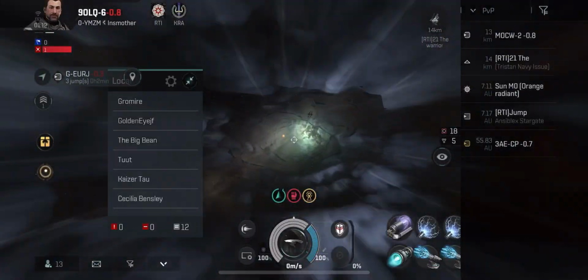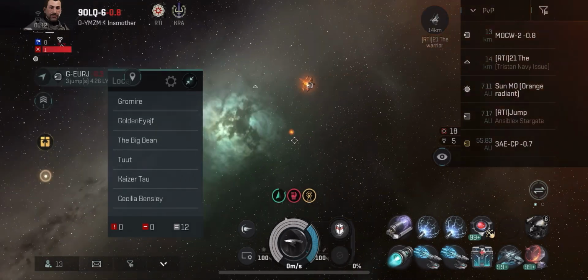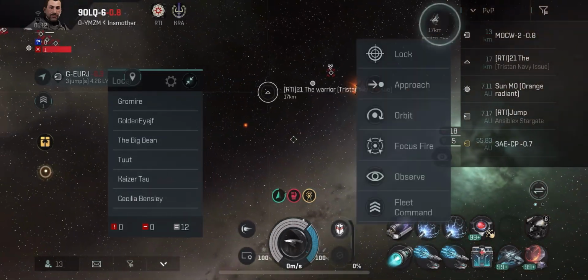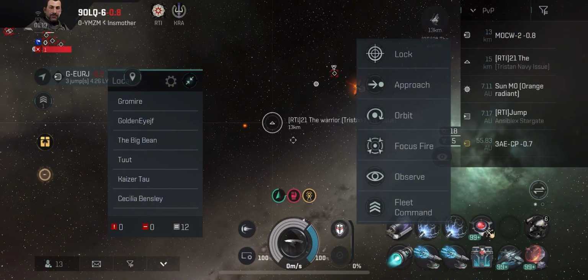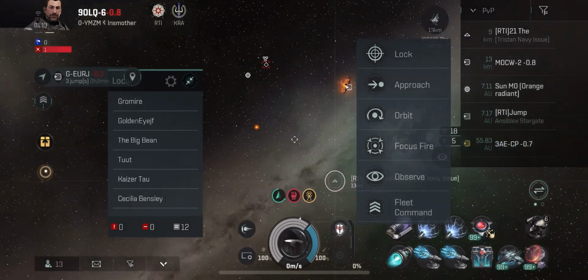See if we can even out our score a little bit, and we got a Tristan Navy issue on the other side of this gate. He is a little bit close to the gate, so he might warp through, but he is drifting off a little bit. Maybe we can grab him. Let's go real quick and see if we can pop him before he's able to get back to the gate